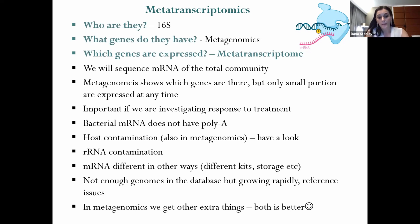Kits are getting better every day. But messenger RNA from a microbial community is less stable than messenger RNA from, say, chicken liver. So not only do we need different kits for eukaryotic and prokaryotic, we need different storage. People usually suggest extracting RNA immediately. Don't even freeze it. Do not ever think of using RNAlater, because it will not work with a bacterial or